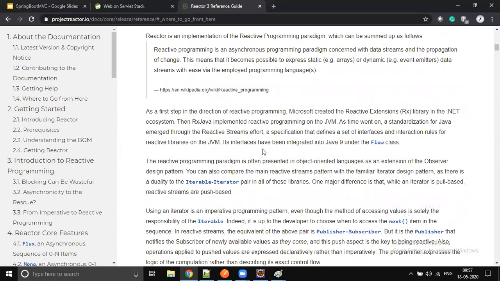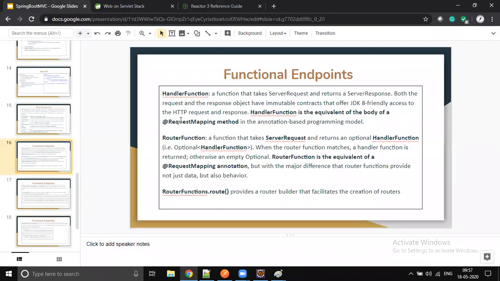So it's up to you what you want to use, right? If it is not functional programming, then we call it the imperative model of writing code. So it's going to be imperative, that's what we will call it. Okay, so we will see this tomorrow. Functional endpoints. I won't start this today. It's going to be a fresh topic.